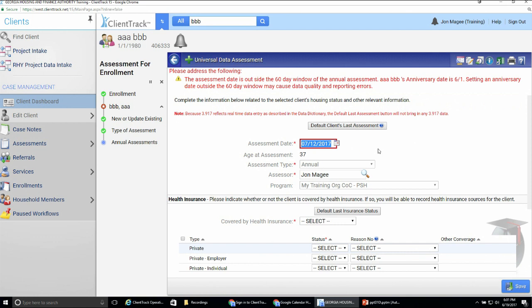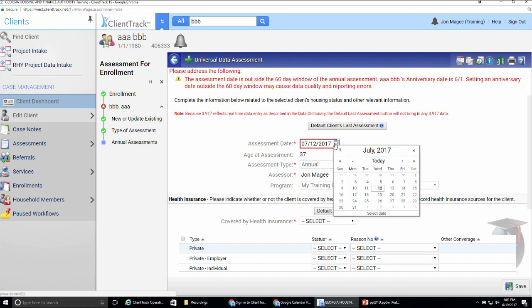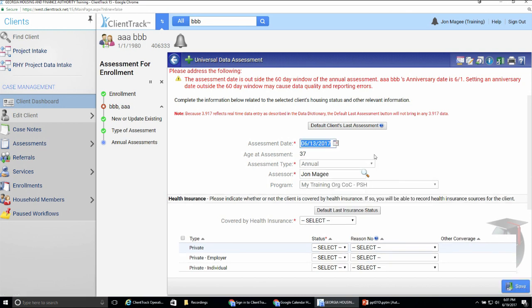However, know that if you are trying to do an annual assessment for compliance reporting purposes, and you record one with the date range outside of that time window, it's probably not going to count for that. So we definitely want to make sure that this date is within the proper time frame. So I'm going to go correct that, and we'll choose the 13th, which is within 30 days after the